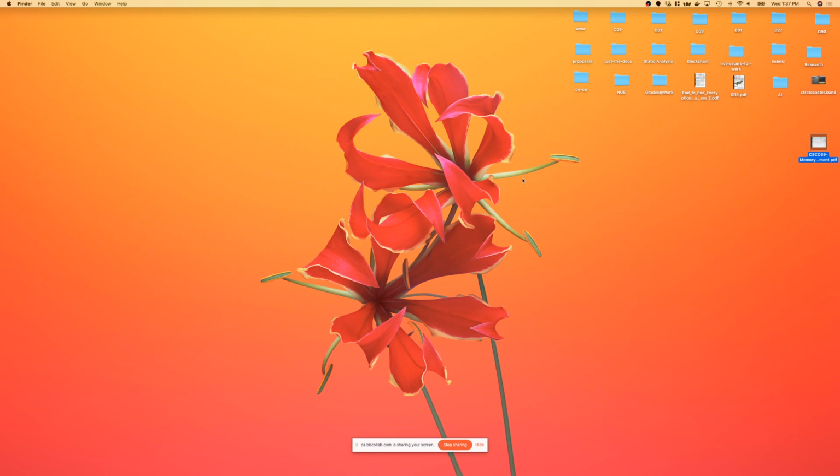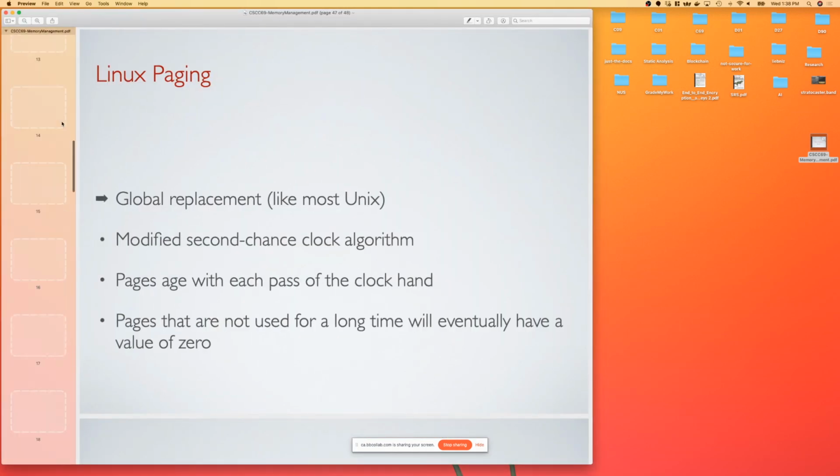Allocating free memory, are you going to do that in Project 2? I forgot. I don't think so. I think it's going to be in Project 3. But the one I talked about, which you're going to have to implement, let's see. The one you're going to have to implement for sure is the